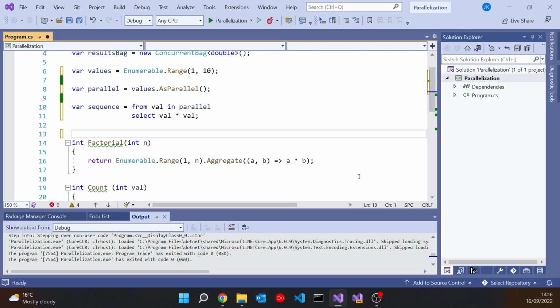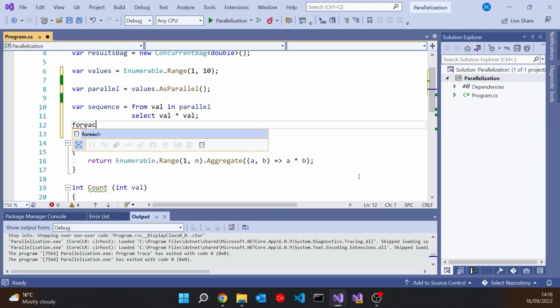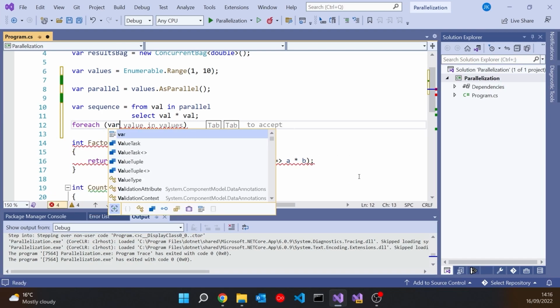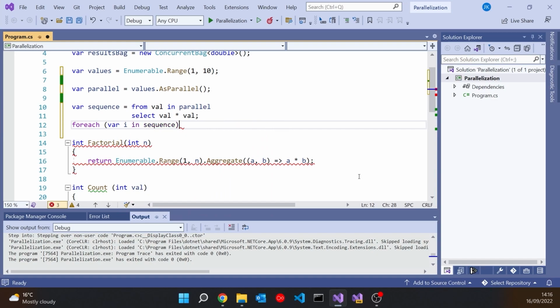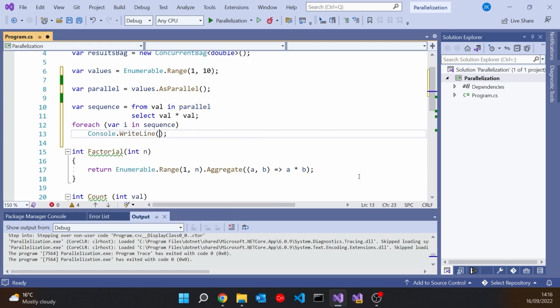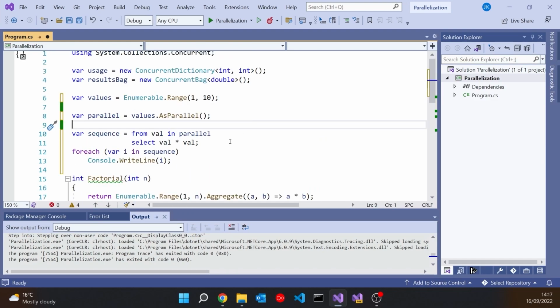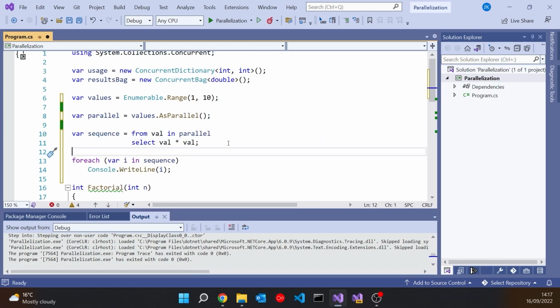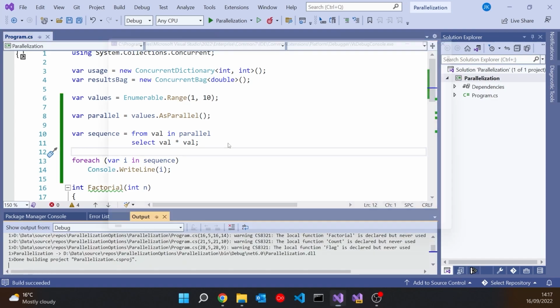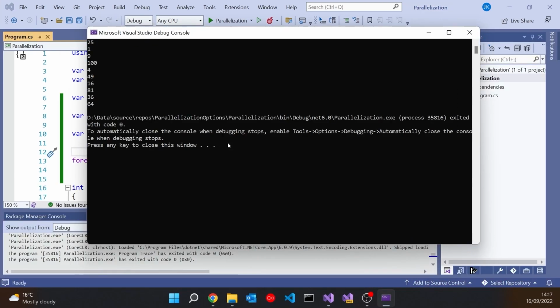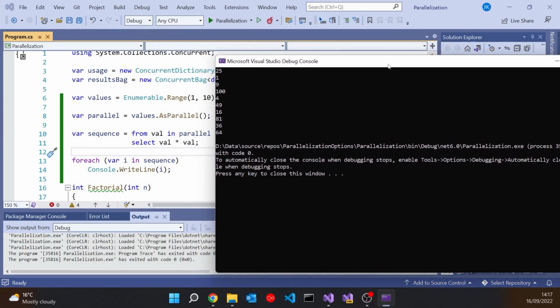And then, the typical way you'd look at a sequence is you'd say foreach, var i in sequence, and then we'll just Console.Write the value of i. So that should print out our sequence of squares. It won't take very long because we've only got 1 to 10 in there, but if we run that up, the thing we notice is that the sequence is coming out in this random order. Because what it'll actually have done here is probably split this into 10 completely separate cores, so each one is only doing one bit of the calculation.